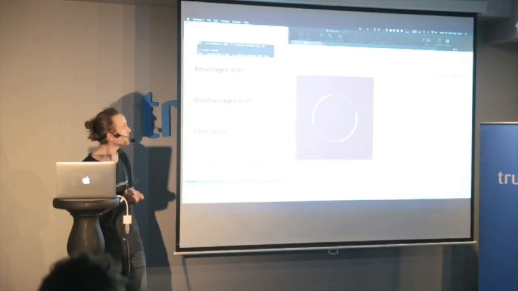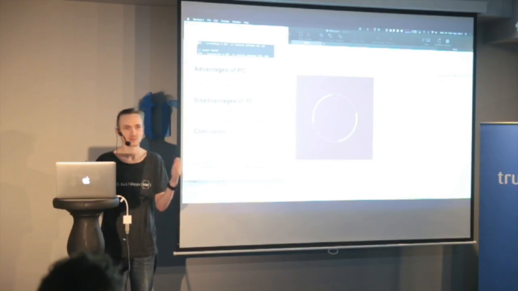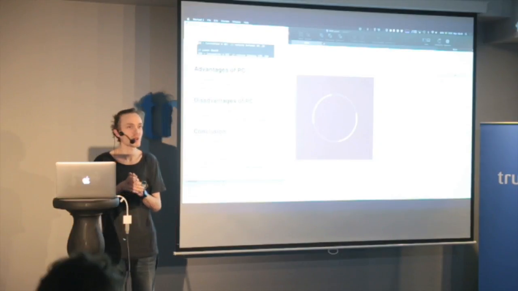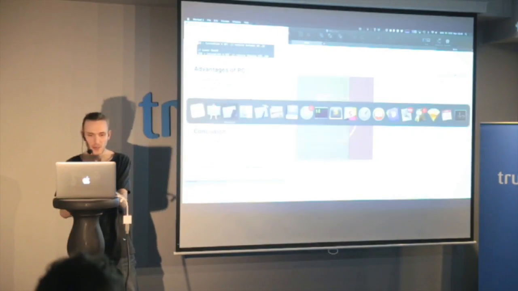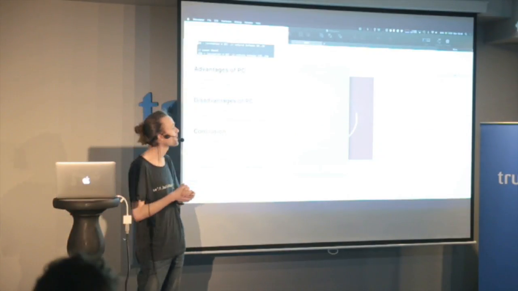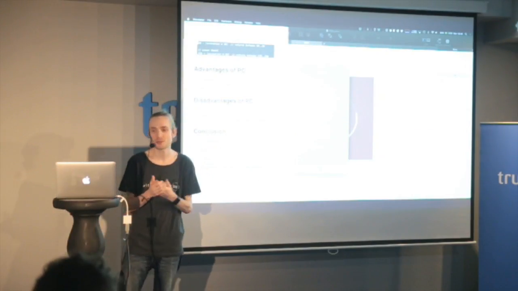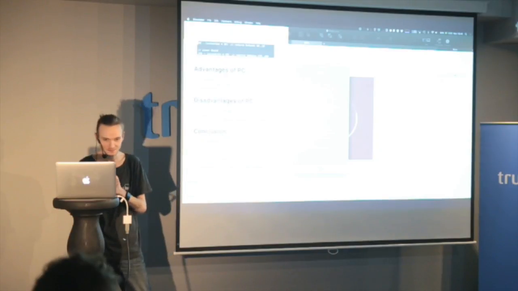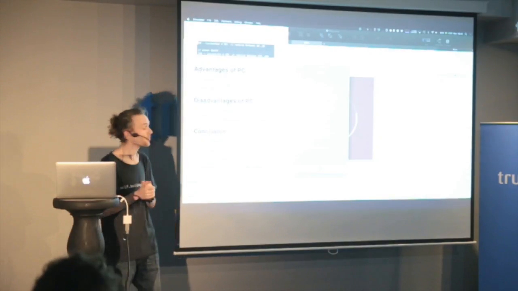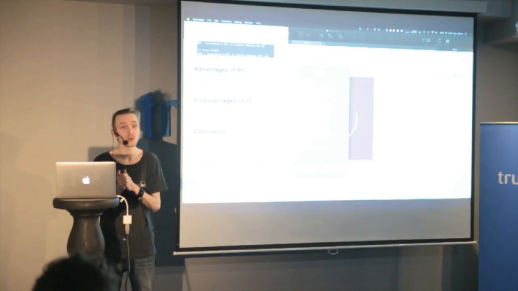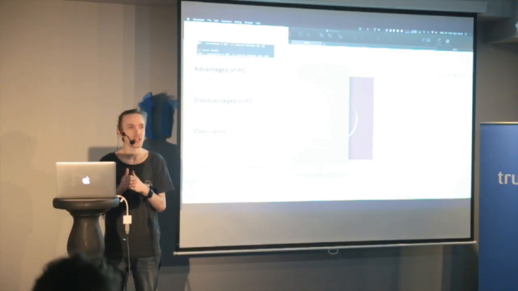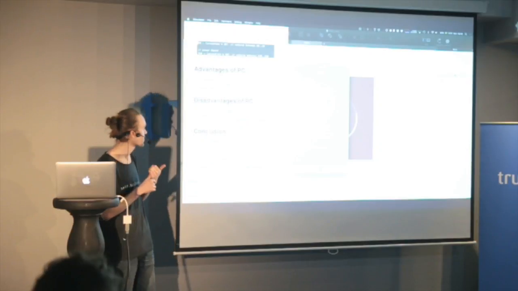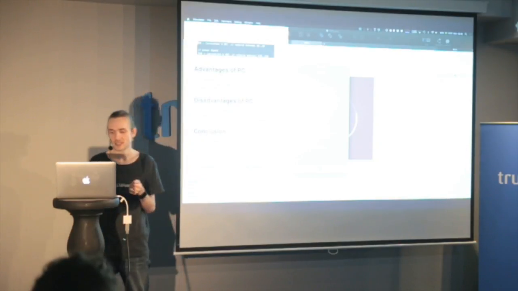Okay, so conclusion: don't use PaintCode for animations if they are running infinitely like they do in ours, running all the time. That would not be okay if they used 50% of CPU usage all the time. Learn Core Animation. If you want to use PaintCode and animate stuff, really look into Core Animation. And for that, I can really recommend